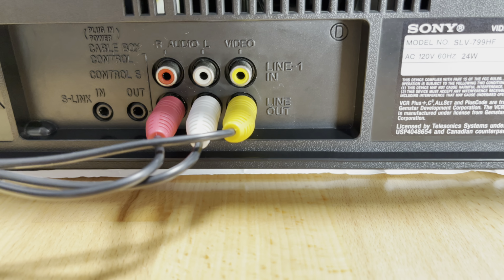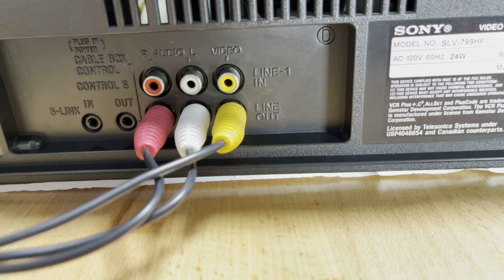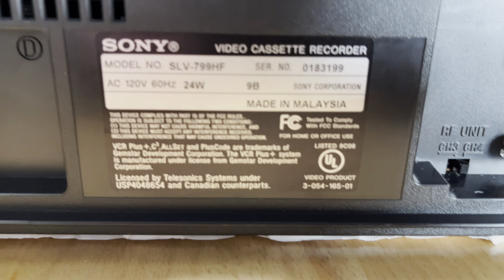And it's got composite connections. You've got your in, you've got your out, and out has the video and the left and right audio, how we're connecting it to the HD TV I have here. So let's take a look at the